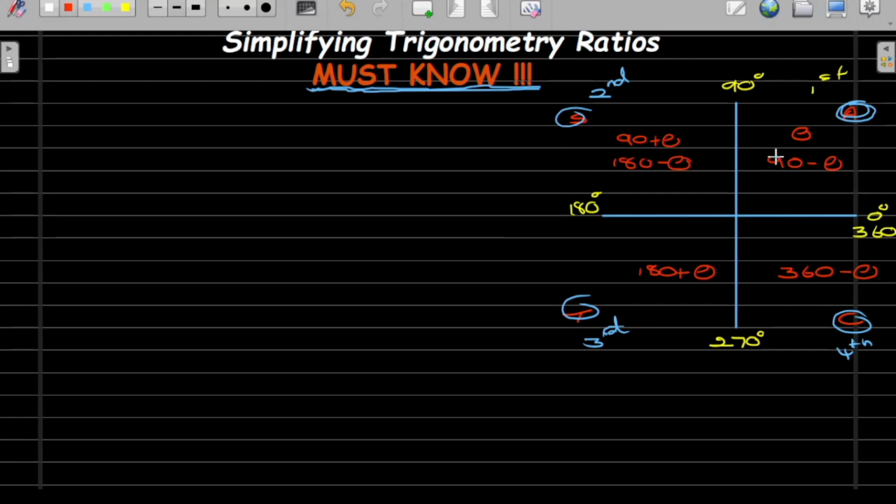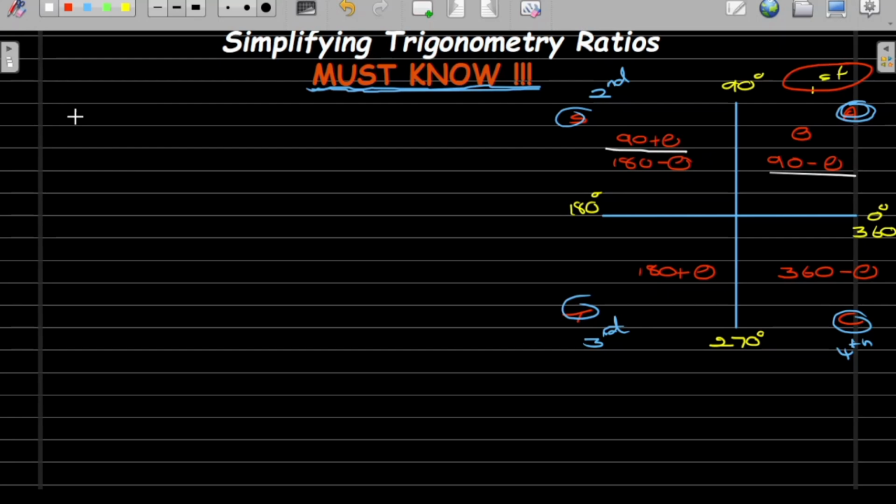So what I'm going to do is show you guys how reduction works. That is what the diagram is about. It is to help you with reduction, or simplifying your angles, like we're saying, simplifying ratios. The first thing we need to know, let us focus on the first quadrant. In the first quadrant we have 90 plus theta, and then we also have 90 minus theta. So I need to show you guys what we call